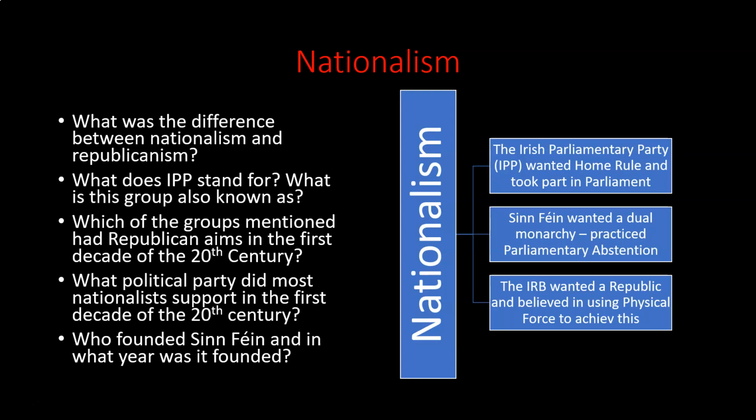and home rule means that there is a government within Ireland to deal with the issues within Ireland, but they are not looking for true total independence from Britain. They still want the connection with Britain, that the government in Westminster would deal with foreign policy, external policy is what they called it at the time, and the King or Queen of Britain would remain the King or Queen of Ireland. So there's still a lot of connections in Home Rule. Home Rule is just about dealing with internal affairs. So you have a government within Ireland that deals with the issues of Ireland.